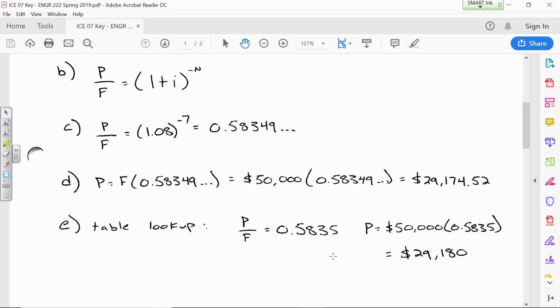Show a few extra steps, give all of the details so that there's never any ambiguity of what your method was. And that'll be to your benefit on exams. If you make a mistake in your calculations, but you show that your steps are correct and your thinking was accurate, I don't care so much if you just type something wrong in your calculator. I'll give you maybe 80% of the available points if your answer's wrong, but you still showed that you had all of the steps in the correct order.